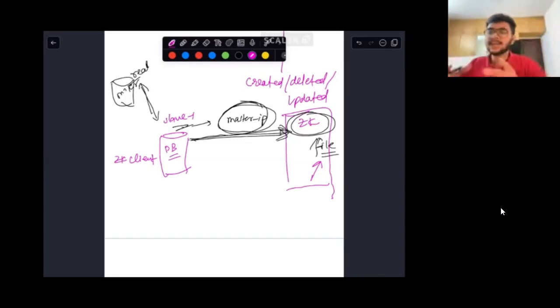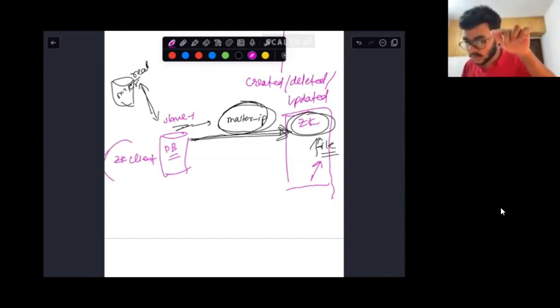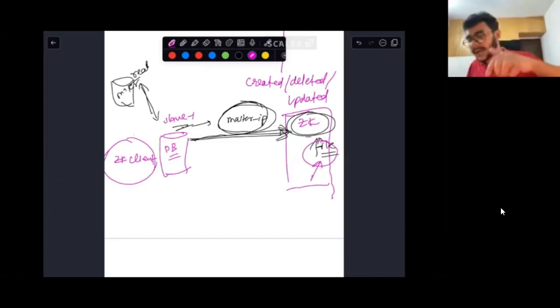This is exactly what is happening over here as well. If the master IP file gets changed or deleted, and you have set up a watch, by you I mean the Zookeeper client, on a specific file which happens to be a Zookeeper node, in that case an event, kind of like an event trigger, the change event will be sent back to the Zookeeper client. Is this point now clear to everyone?